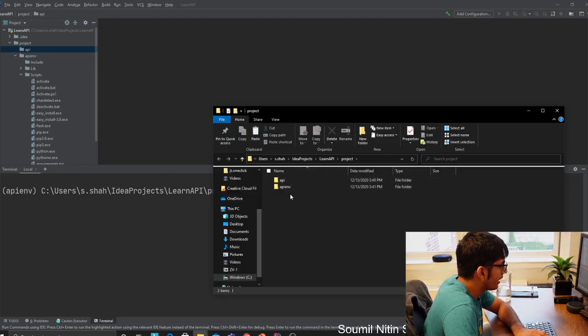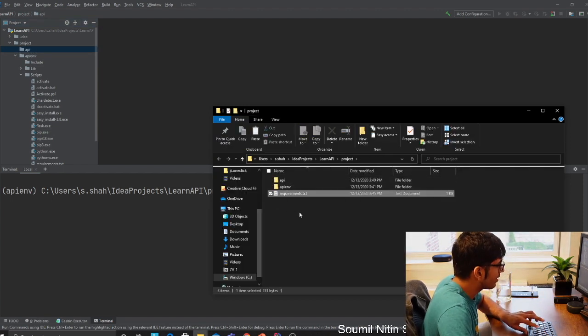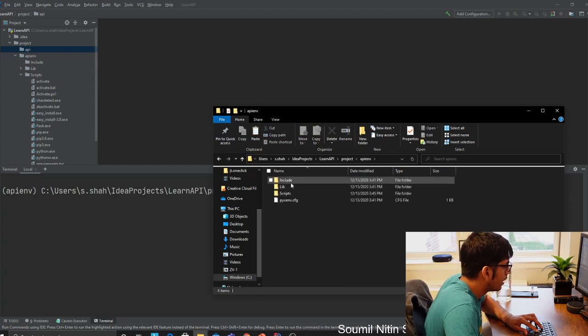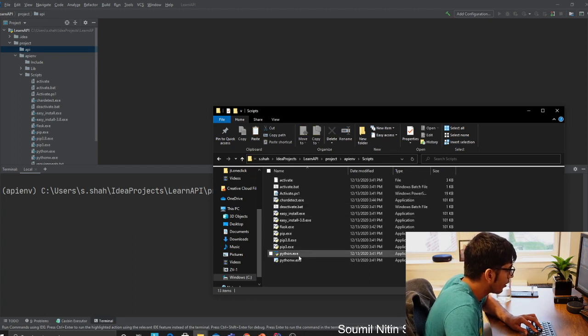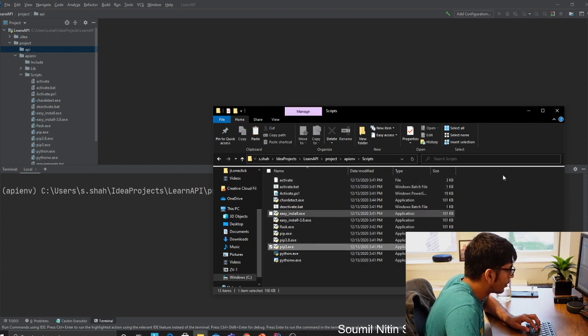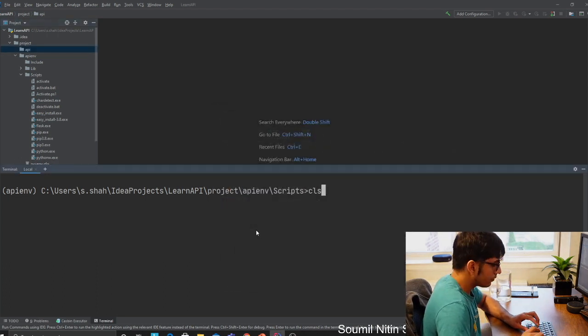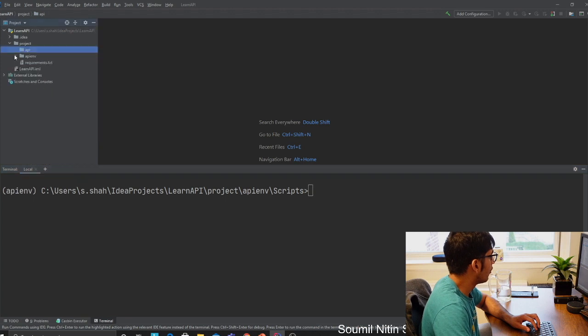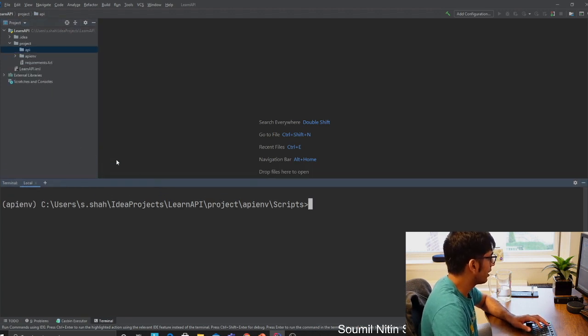Okay, so we have this API and API.env. Just paste it in the outside directory. It's fine. Just make sure that the requirements.txt is not there in the script. So we just did that, right? As you can see, it's not there. So hopefully you guys followed the installation correctly. You should be good. There should not be any problem.